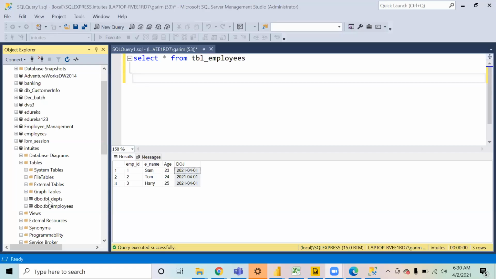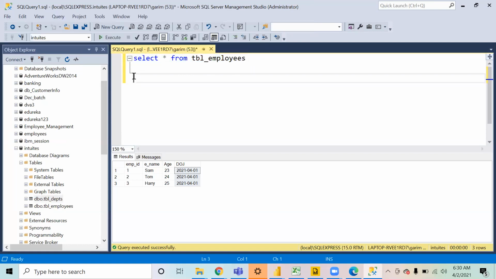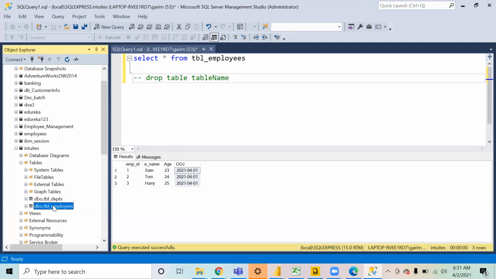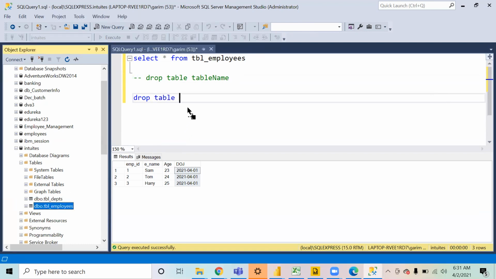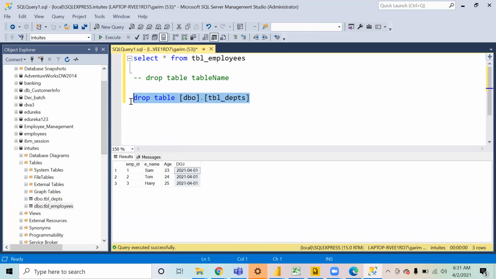See now, yesterday we created two tables. Now what I'm going to do is drop these tables because we will create them fresh again. If there is a table that is already created and you want to drop it, you write drop table and the table name. When you write this command, SQL is going to drop the table. So let's do it. If I say drop table, you can also drag and drop the table name from here. So it is going to drop this table.